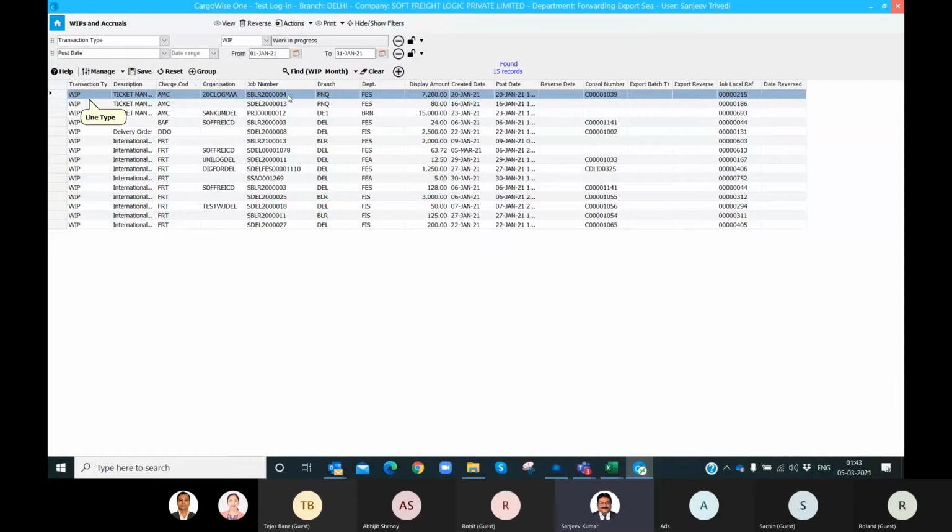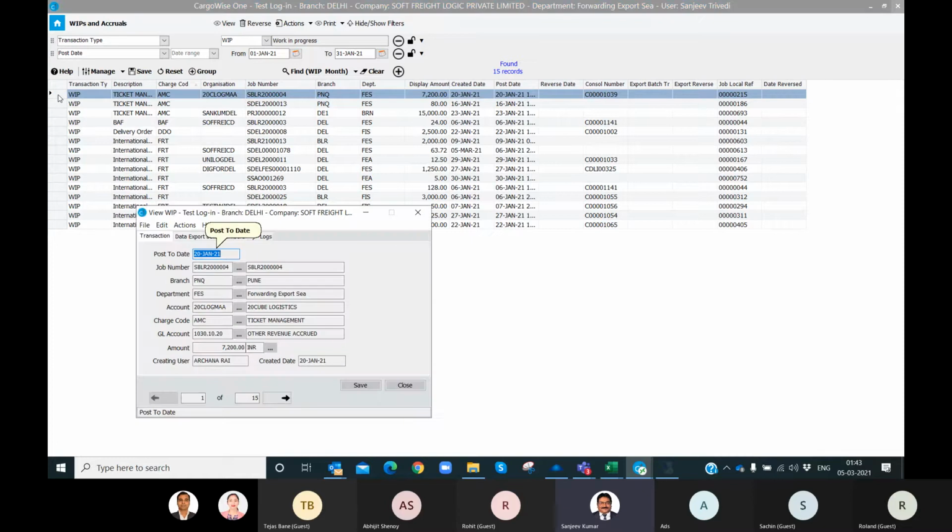And you see the job number is appearing. WIP means sell estimate has been put. Suppose this entry was done in the month of January, you can see here January, that entry is posted in the month of January on 20th Jan.